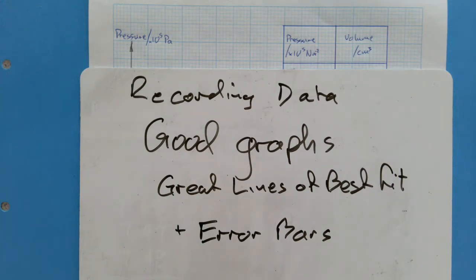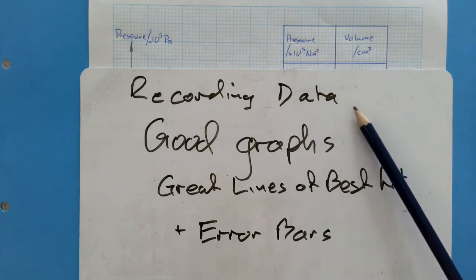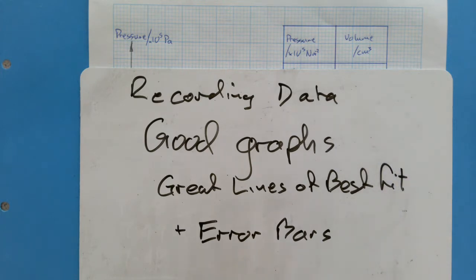Good afternoon everyone. This is picking up on lots of little bits of detail that people get wrong with graphs and things. So 4 things I want to cover. How to record the data correctly, to actually make sure it's up to standard. How to get a good graph, how to get a great line of best fit, and as part of that,